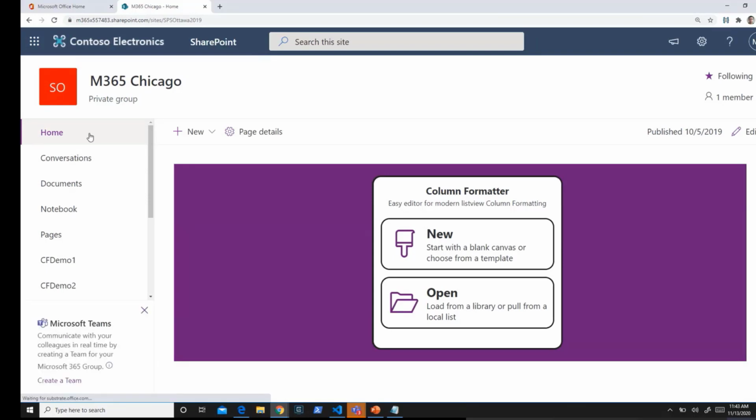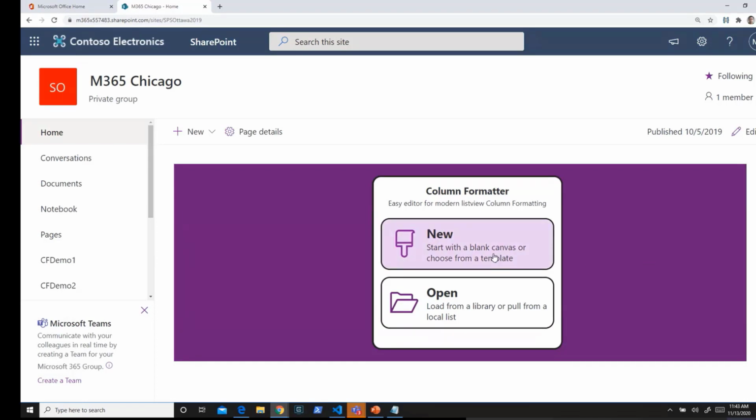If, after all this pandemic is over, you end up using column formatter, make sure that you thank Chris at Ring. It's an amazing tool. Just wanted to show you that it's just a web part, and there's a package available on GitHub. You could just drop that into your tenant, and then the web part would be available for you to start creating